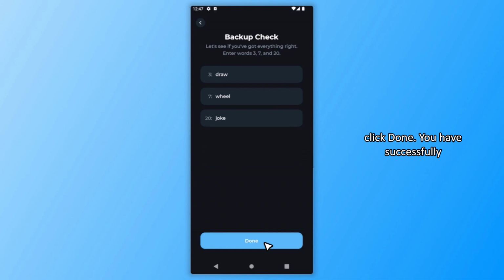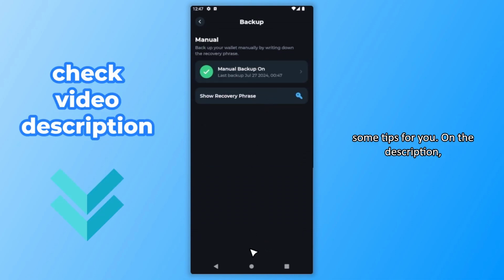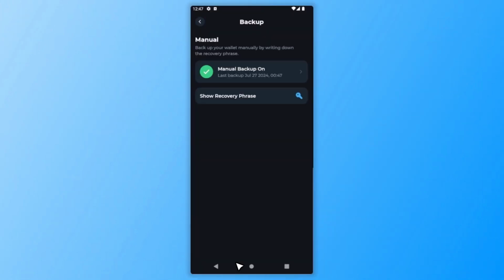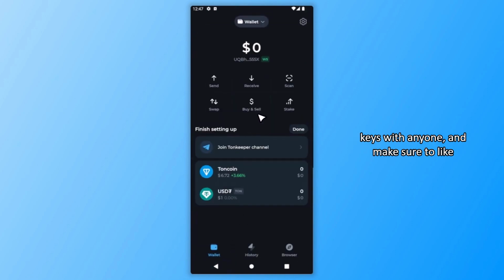You have successfully backed up your wallet, but I will share some tips for you. On the description, we have provided an image template for saving your 24 seed phrases offline. You can download the image and print it as a paper and use it to write down the 24 seed phrases and store anywhere. Make sure to never share your private keys with anyone,